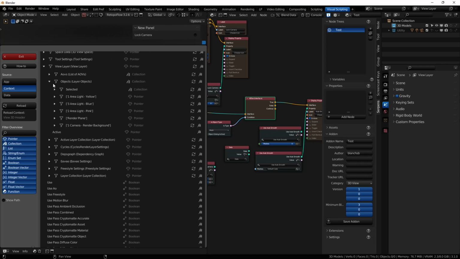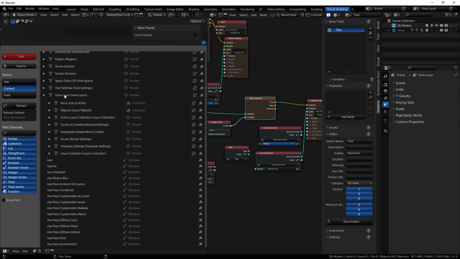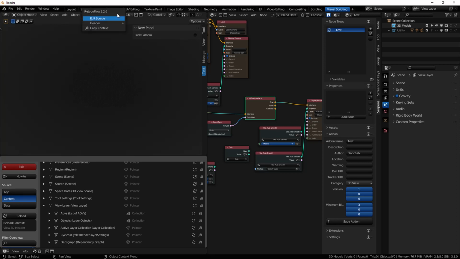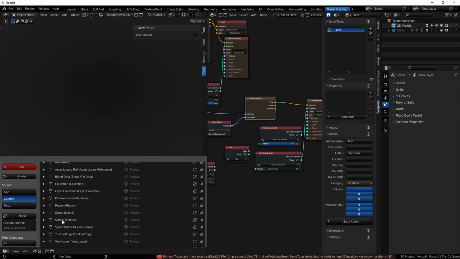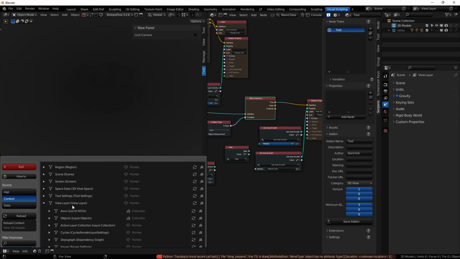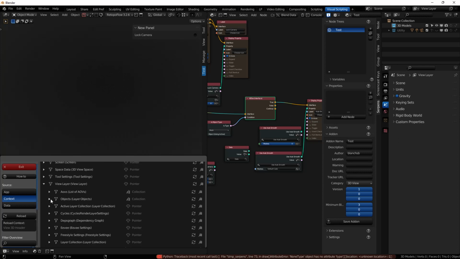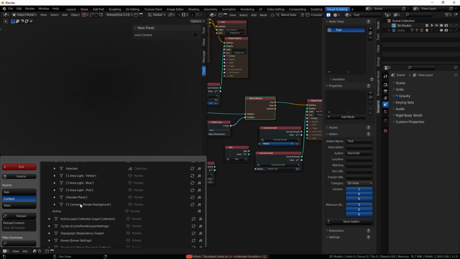Hold on. View layer. Let me reload. Copy my context, reload. Open up view layer, and I'm looking for